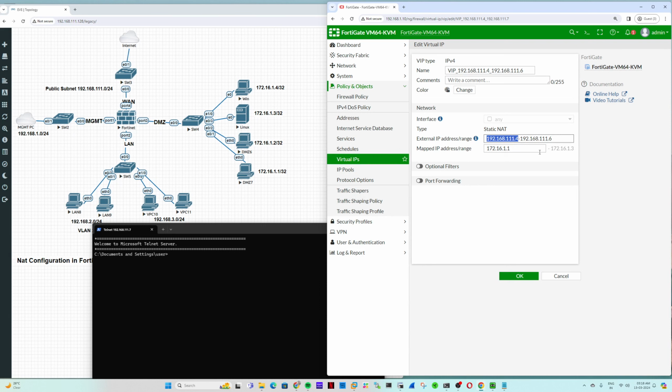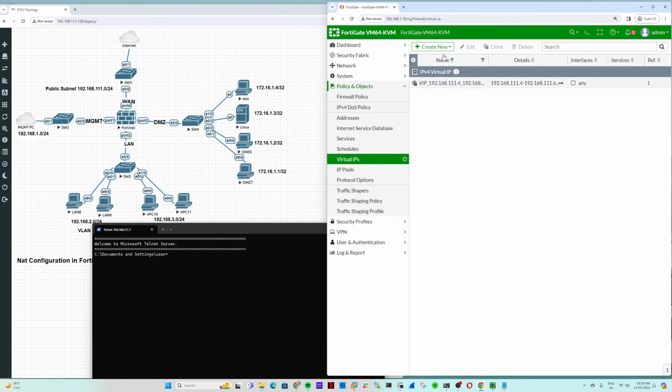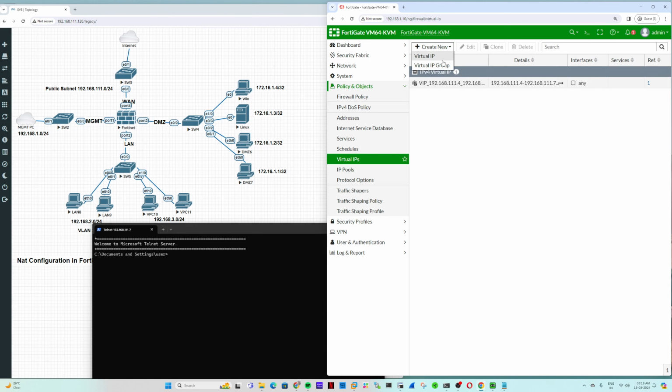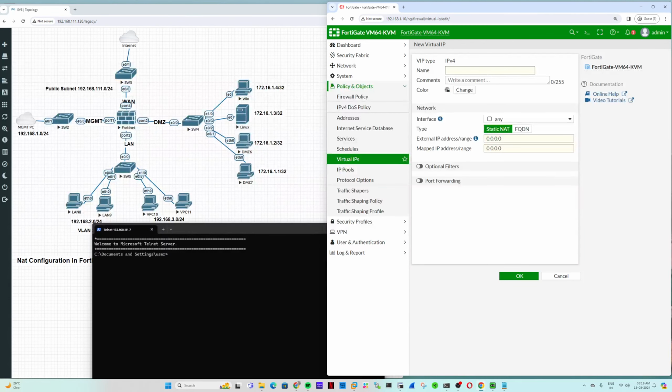For dot 2, the public IP will be dot 5 and dot 6 like that. And now we will configure VIP for this server. Suppose you don't make any changes here in the external IP range,